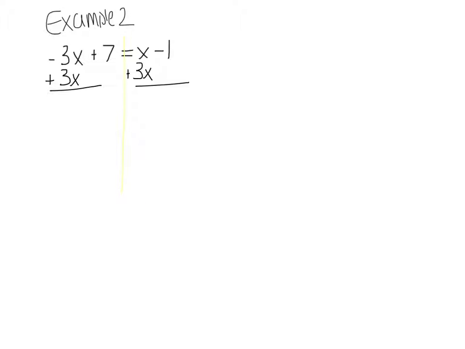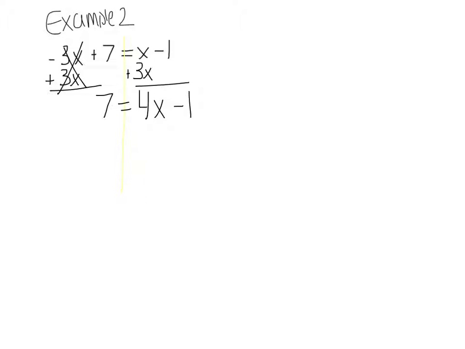And I see that negative 3x plus 3x, well, that cancels out. And so I'm just left with 7. And on the right side, I have x plus 3x, and that's 4x. And then I just bring down my minus 1. I didn't do anything different over there. Alright, next step. Now I've got my x's positive on one side of the mat,